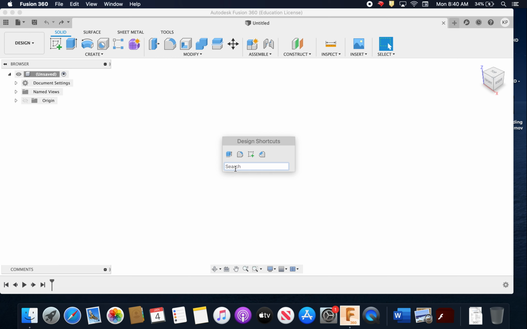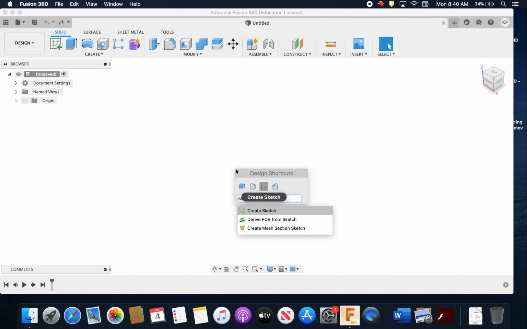If you don't remember how to add that to your shortcuts menu, you bring that menu up by hitting the S key on your keyboard, and you can add shortcuts by doing a search for them. So we want the sketch tool, and to add it to this, there's a little up arrow here. You can see it with this one. There's an up arrow. I have an X because that will delete it from my menu. So I can delete it, and I can